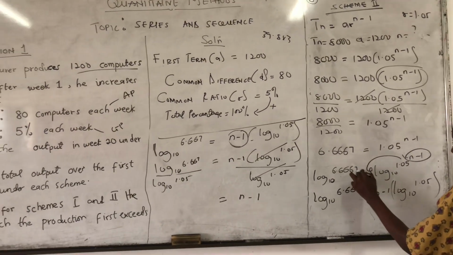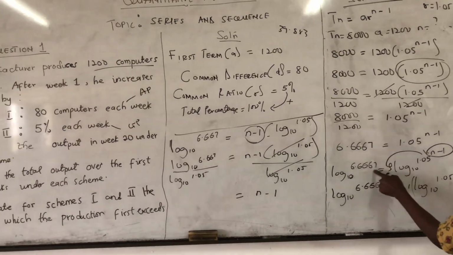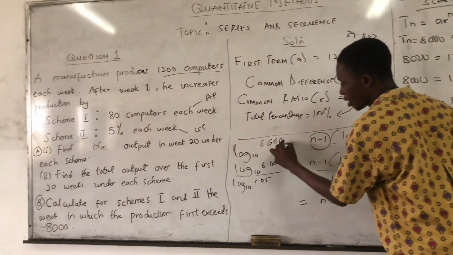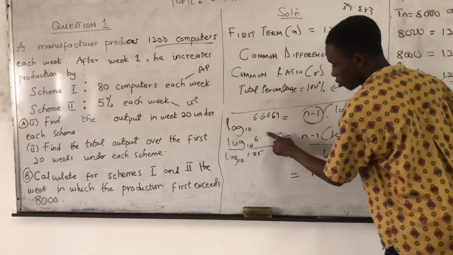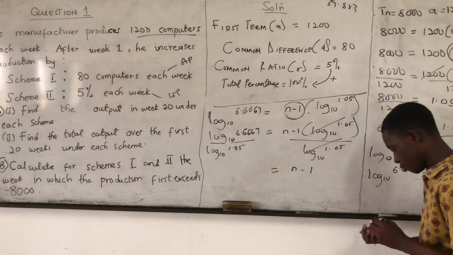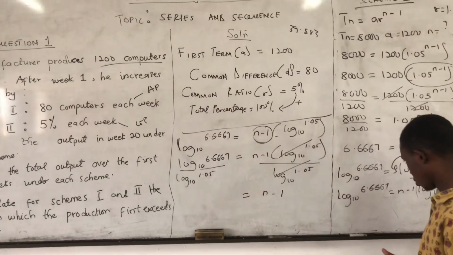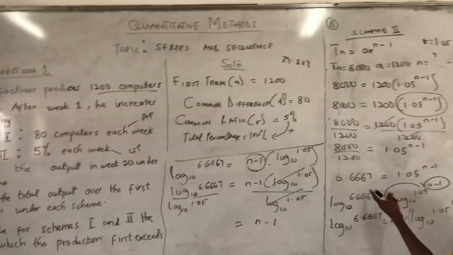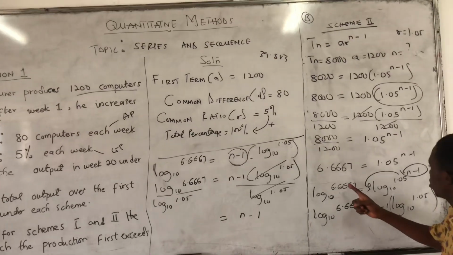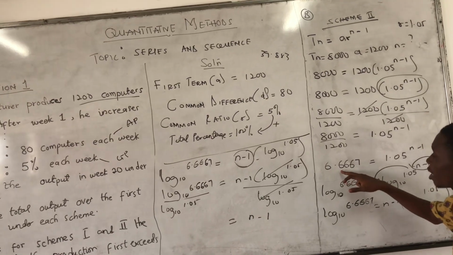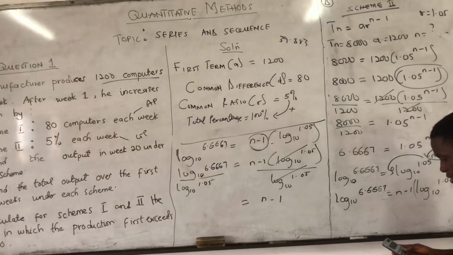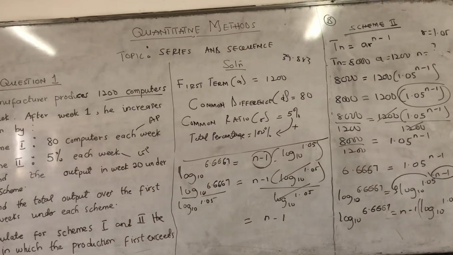So let me correct it here so that we don't make mistakes. 6.667. Okay. I hope you guys are not confused. It was 666, but we made it 6.667 divided by